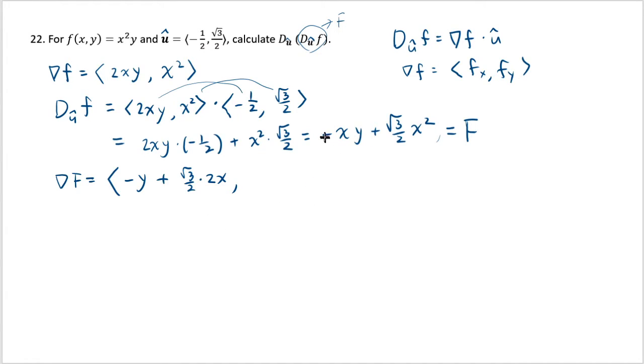Now I have to differentiate this by y. In that case, the partial derivative with respect to y considers x as a constant, so although this looks really complicated, it's a constant, and therefore its derivative is 0 when you differentiate by y. So the only thing you have left is that differentiating negative xy by y gives 1, and you get just negative x. Okay, and therefore the directional derivative of this big F would be this